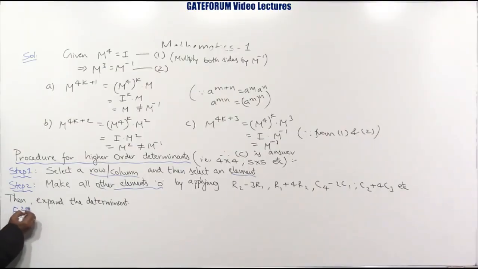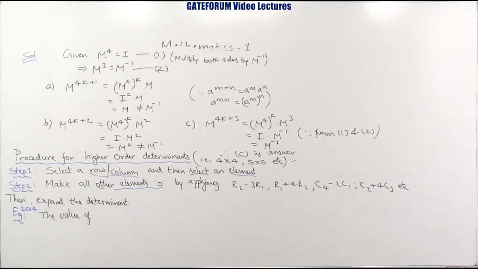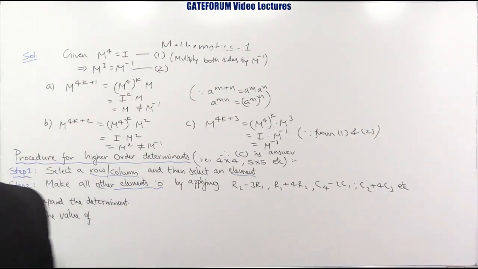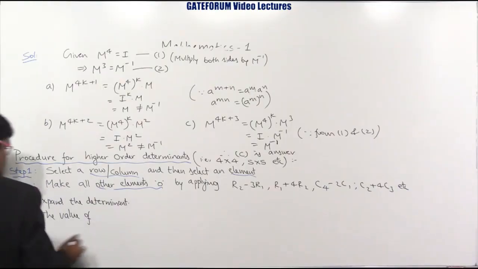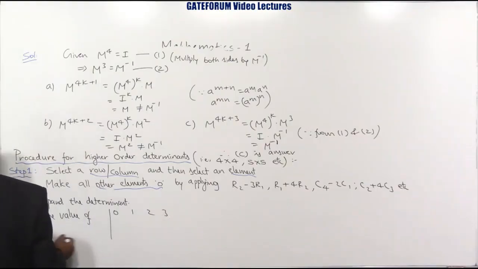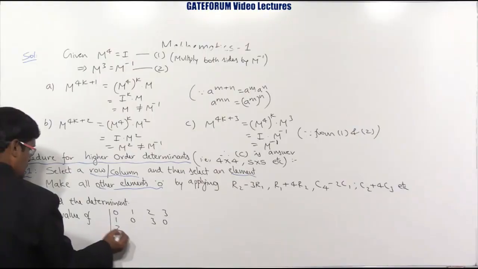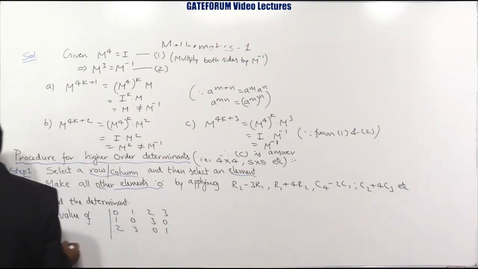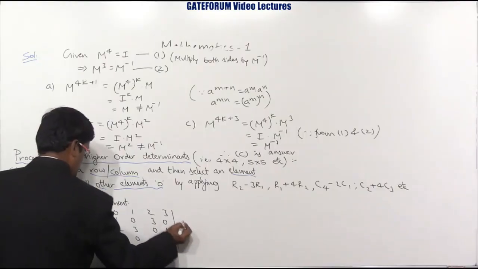Example, this question asked in 2014 GATE, 2 marks. The value of the determinant with rows 0, 1, 2, 3; 1, 0, 3, 0; 2, 3, 0, 1; 3, 0, 1, 2 is